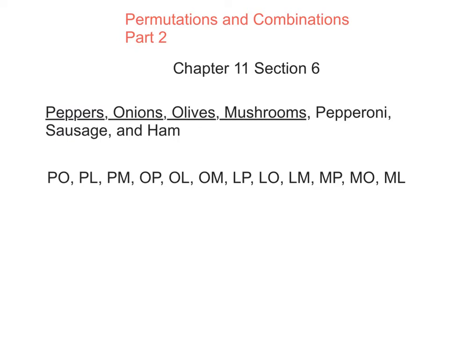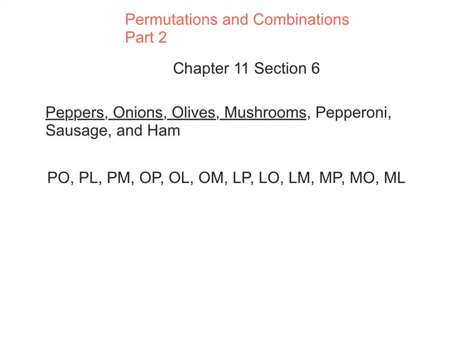The problem with this list that I generated is there is no difference between a pepper and onion pizza and an onion and pepper pizza. It really doesn't matter which order you call it, right? If I say I want olives and mushrooms on my pizza, and my friend says, well, I want mushrooms and olives on mine, it's the same thing.